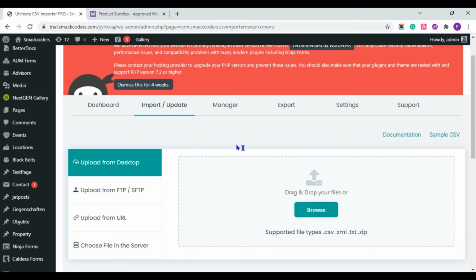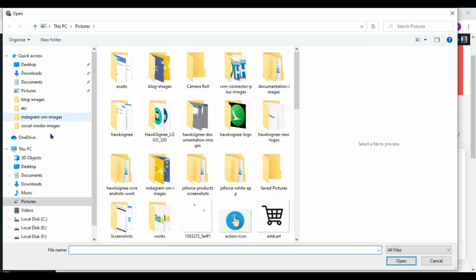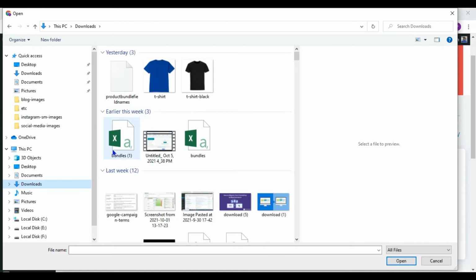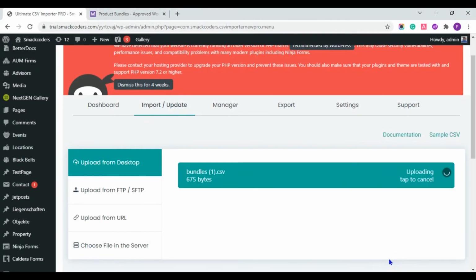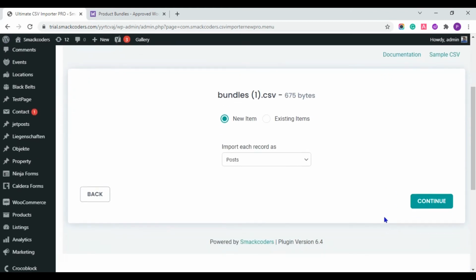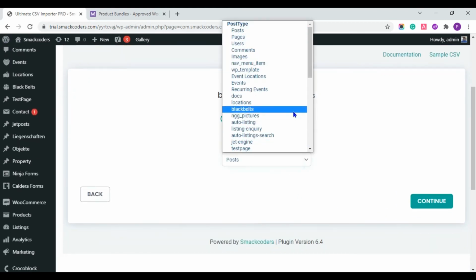Start to upload the CSV file. Choose WooCommerce product option from the drop down.